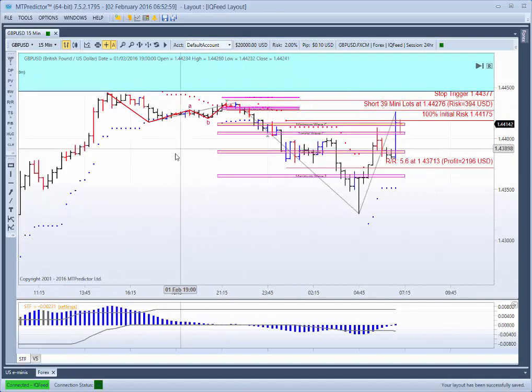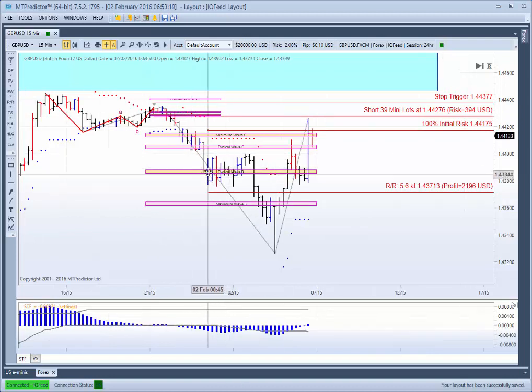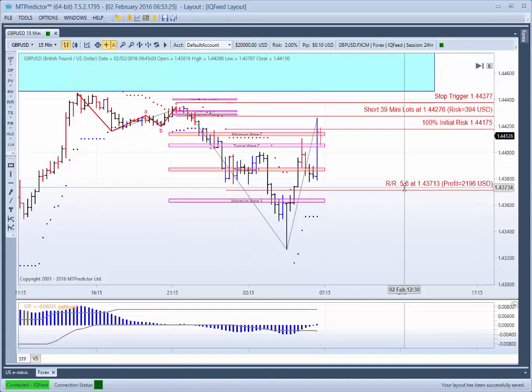We then looked at our initial trade setup, and even though that bar there went 3 tenth pips above the original setup high, we didn't get to our stop trigger. Therefore, you could have still left your entry trigger in at the same level, and that would have taken you into a short trade. The market came down, hit the first target, STF was strong, trail with our ATR stop,